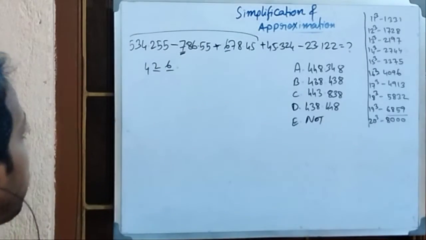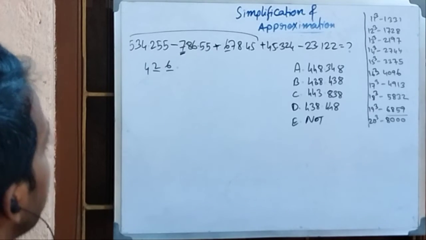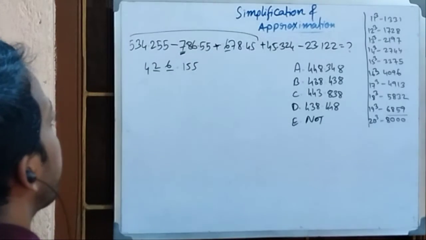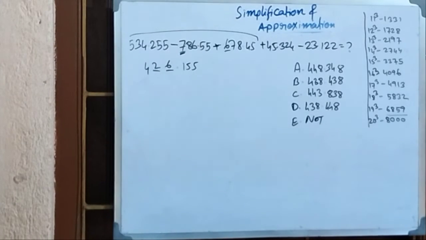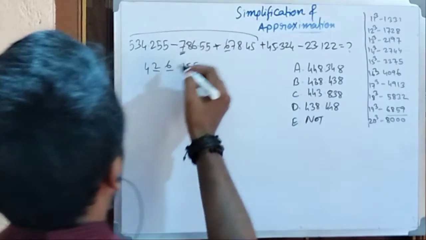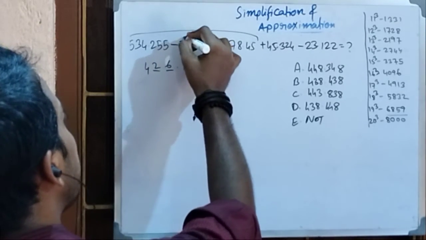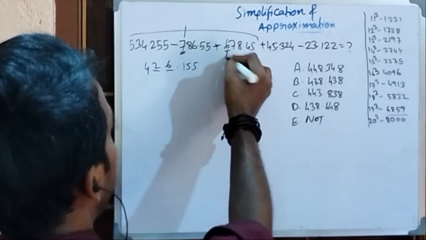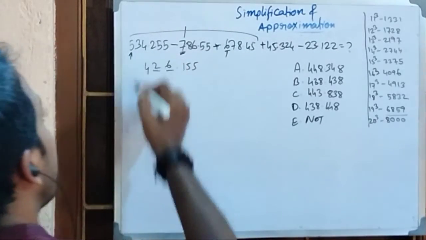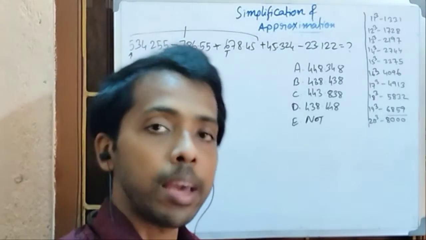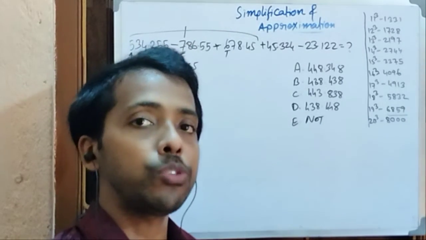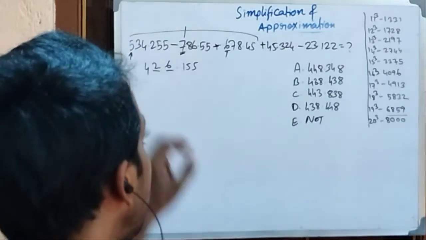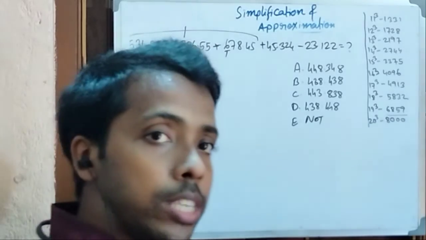Okay, then fractional part. 0.55, so 0.1 in minus. So 0.1 in minus 155. 462.155. Understand the process? See, I am taking each of these place values. Here 7, that is the 100 place value. Here 6, 100 place value. Here 500, place value. I am taking the same place value at a time and trying to add or subtract, whatever the respective symbol given there, so that the addition becomes much easier and you can do it in a single line.